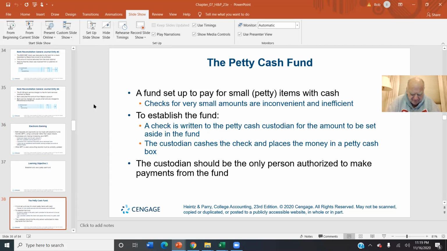The company probably doesn't want to go to the trouble of setting you up in the system as a vendor and then having you wait for a check until the day they run checks. They're going to pay you out of something called petty cash for small items that occur all the time. And this is typically what it sounds like. It's a petty cash box, like a little tiny metal box with coin slots and room for 1s and 5s and 10s. And it's run by one person, the custodian. And just like the bank, it gets reconciled at month end.